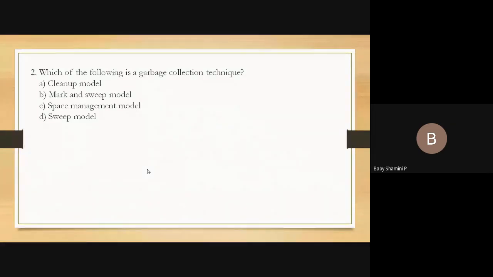Shrutika, which option? 2B. Okay. Any other answer? Okay. So the correct answer is B only, mark and sweep model.